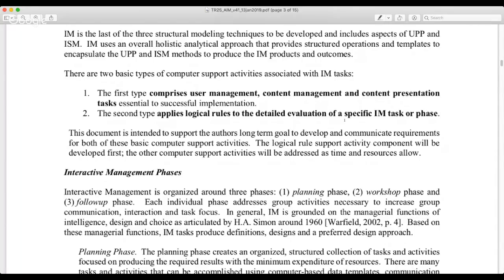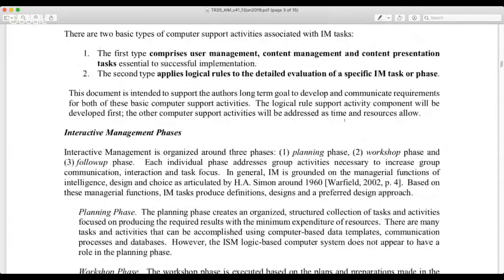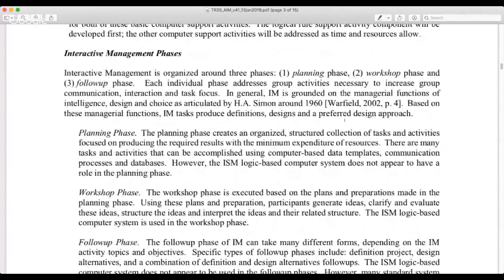And of course, the interactive management phases are organized in 3 phases: planning phase, workshop phase, and follow-up phase. We go through here and detail these, and of course, IAM is grounded in managerial functions of intelligence, design, and choice. So the intelligence part is basically the empirical data and the empirical information that is required to support the activity that's going on